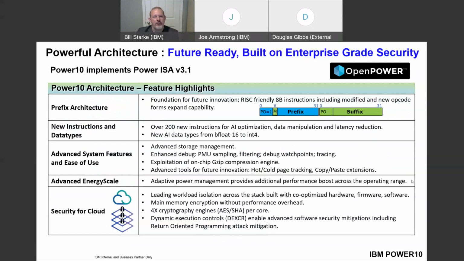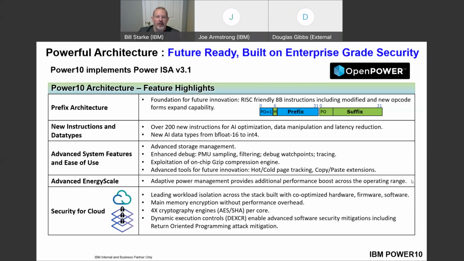I just want to go through a few highlights. One thing we did, and this is another example of a long-term investment: RISC architectures like Power or ARM, or in the old days PA-RISC or SPARC, typically operate on a 4-byte instruction word. But having been around for 30-ish years now, we do see some value in expanding that instruction space. So one thing we did to lay down for the future,